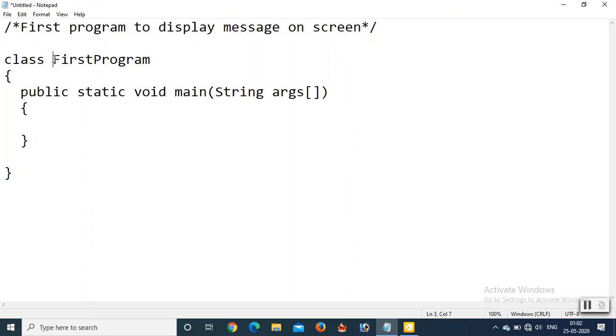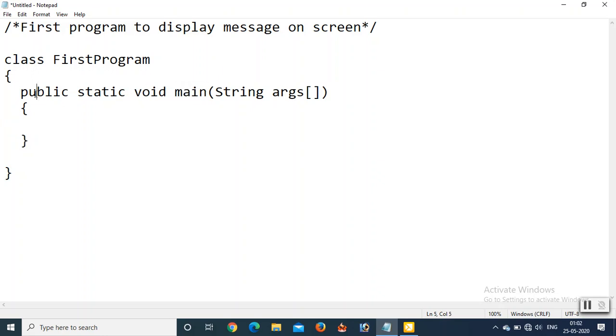You can access the other member methods of this class by the use of this dot operator. Okay, so we will discuss this later. The beginning and ending of the main method is done by these curly braces. This is the beginning brace and this is the ending brace of this main method.